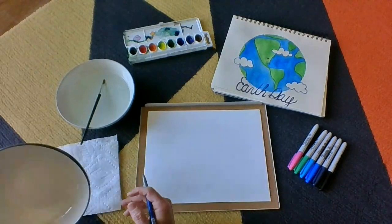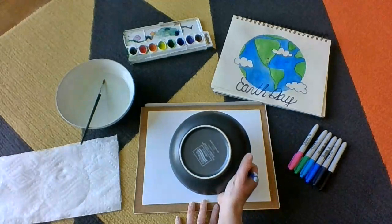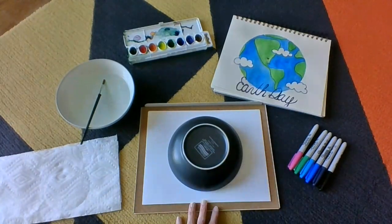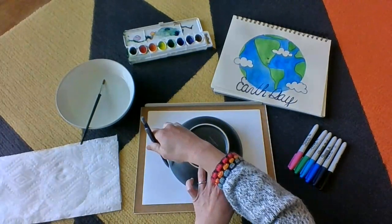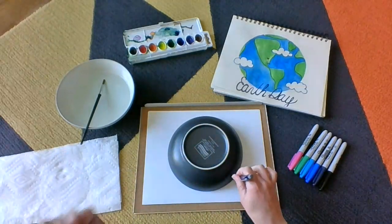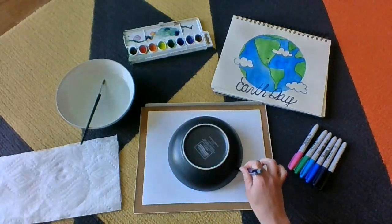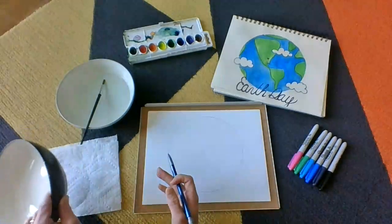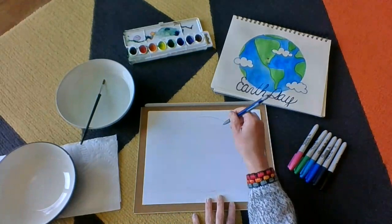First thing I want you to think about when you make art is that it's just fine to trace things if you need to. So for our project, we're going to be creating an Earth Day image. This week is Earth Day, and we celebrate that to think about taking good care of the earth that we live on. And some ways that you can do that are to plant a tree or reduce the amount of garbage that you throw away, reusing things,